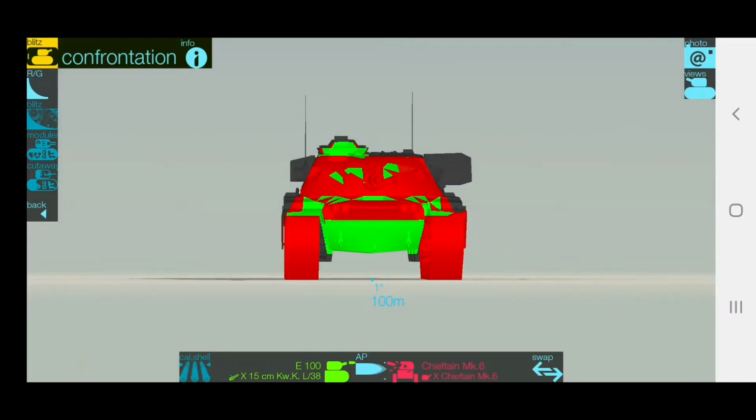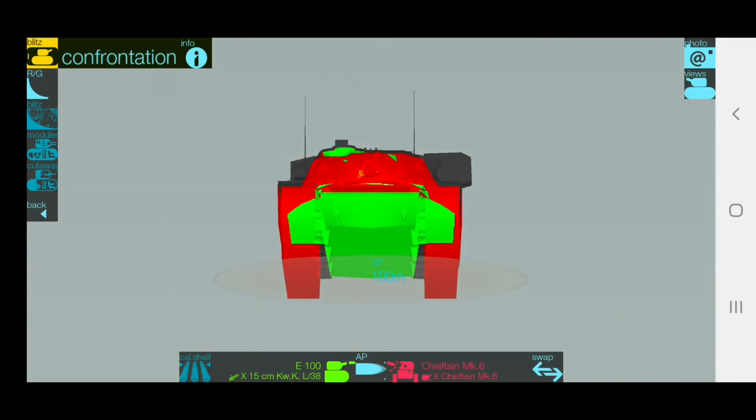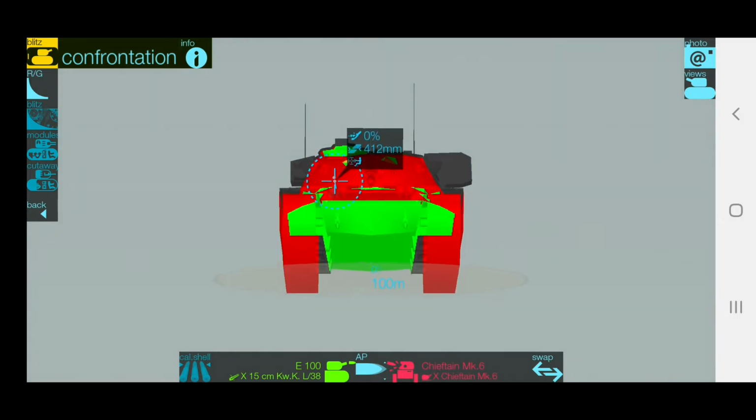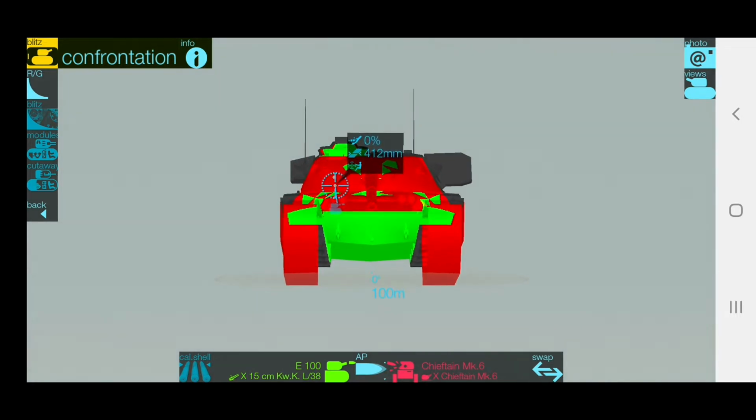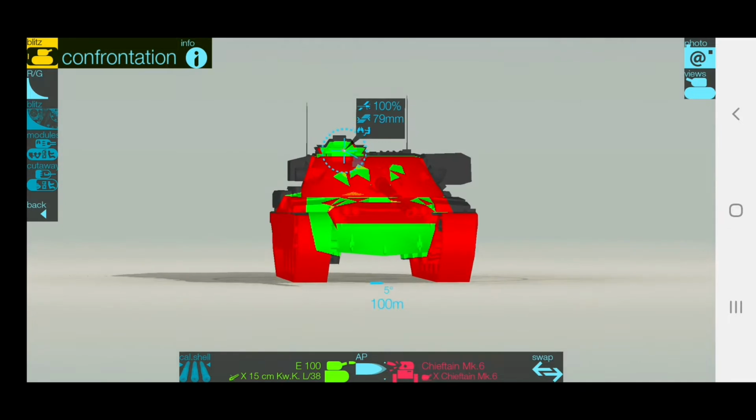Now let's look at the armor. As you can see, it's a typical hull-down tank, 10 degrees of gun depression, so top gun depression on tier 10, and the turret is strong as hell. Also the front upper plate, so it's kind of like a Chieftain, like I told you, but the weak spot is the hatch on top, as you can see. And we're shooting with E100, so the big gun, 150mm gun, and